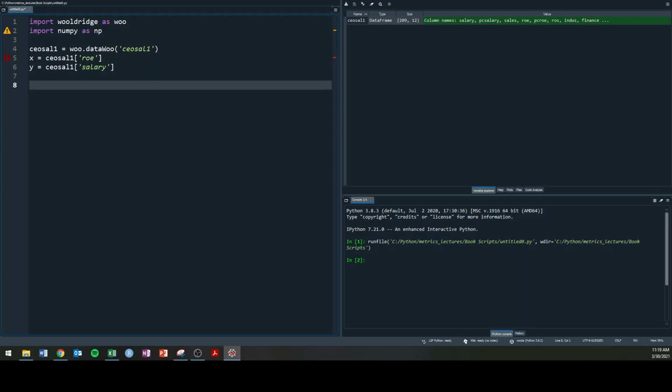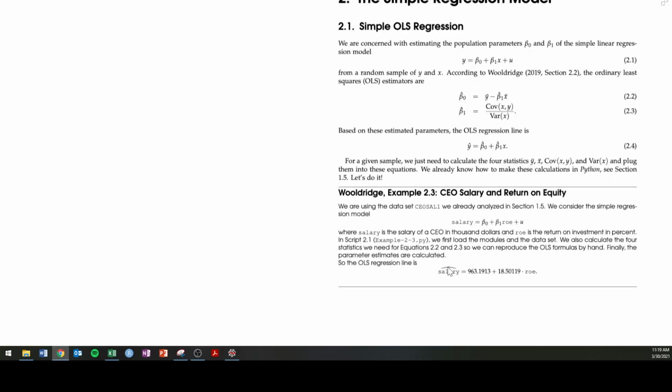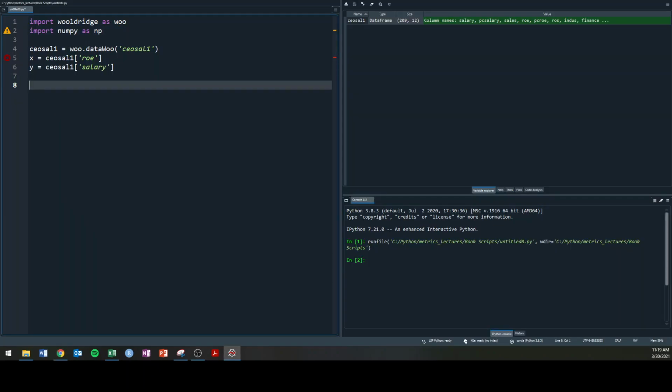Okay, so that's our x variable, that's our y variable, and that's confirmed, kind of right here. This is y is equal to beta 0 plus beta 1 x. Okay, now let's just follow along directly. Ingredients in the OLS formulas. All right, so we need the covariance of x and y,